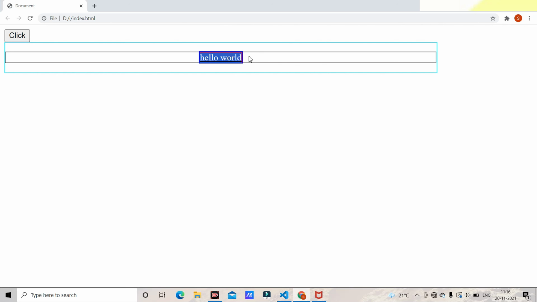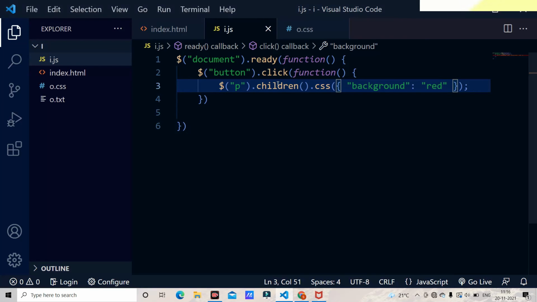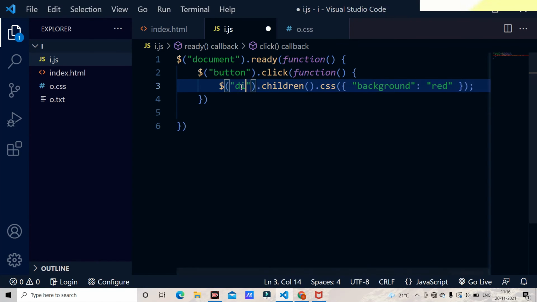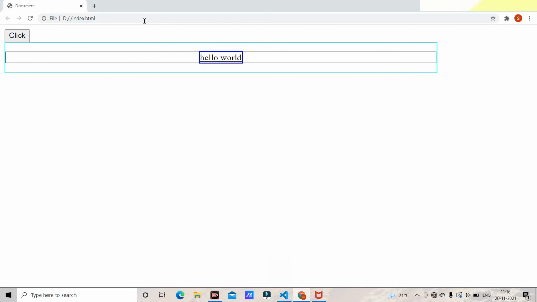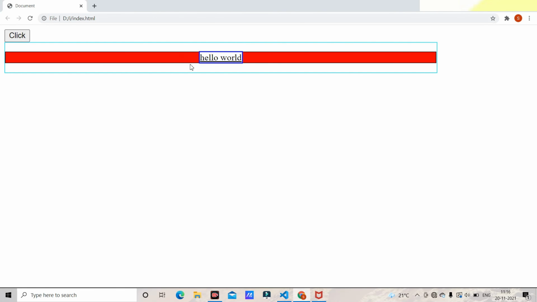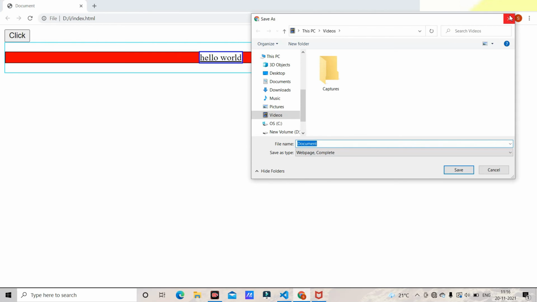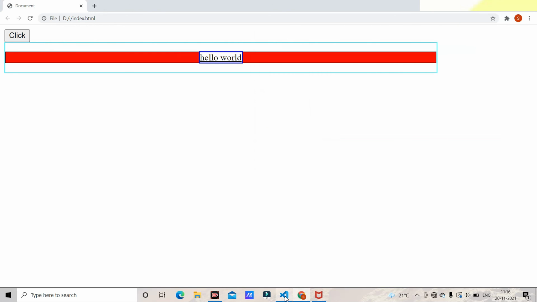And this is how we go with the children method. And not only that, if I mention div here, it is going to give background color red for p and insert as well. I just reload the site. Whenever I click it, that div which has only one child, which is a p, got the background color as red. And this is how we go with the children method.